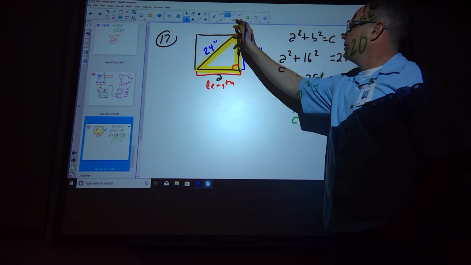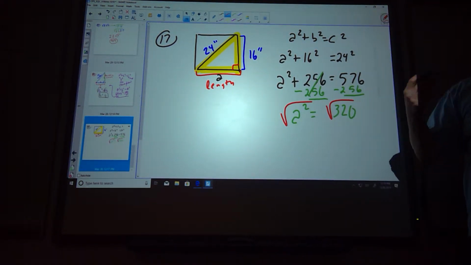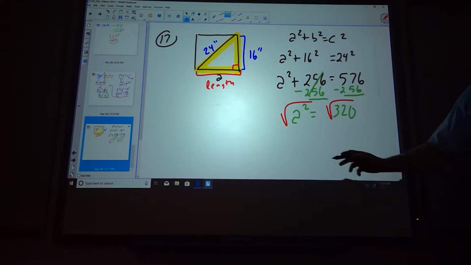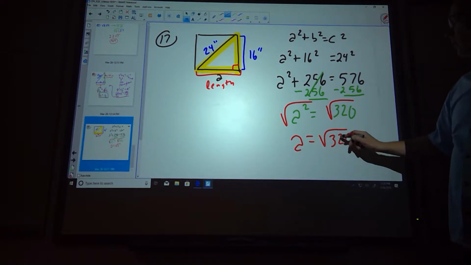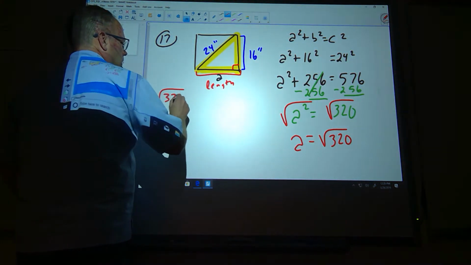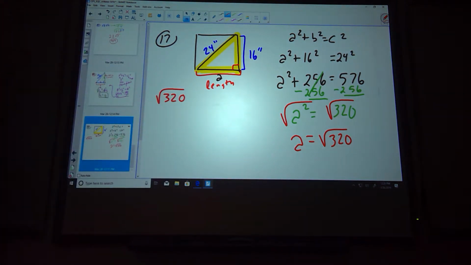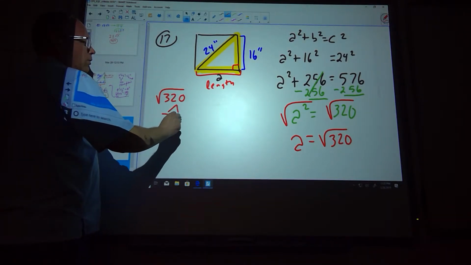What I'm going to do at this point is take the square root of both sides. And technically I should have plus and negative because I took the square root. We're still talking about a length. So now I'm talking about the square root of 320. Well, let's break down 320. Sometimes it's hard to figure out the perfect squares that are part of 320. I mean, we can go on our calculator, go 320 divided by, figure it out. Sometimes it might be easier to say, okay, can I say that 320 is 2 times